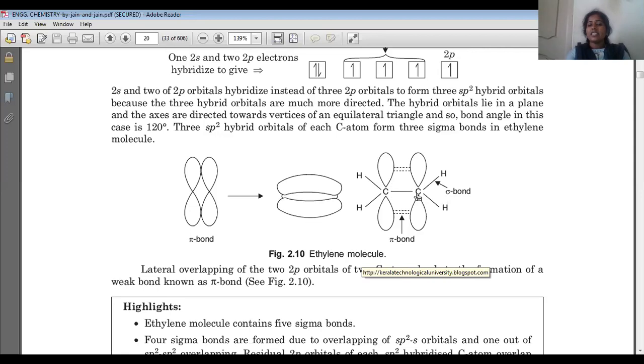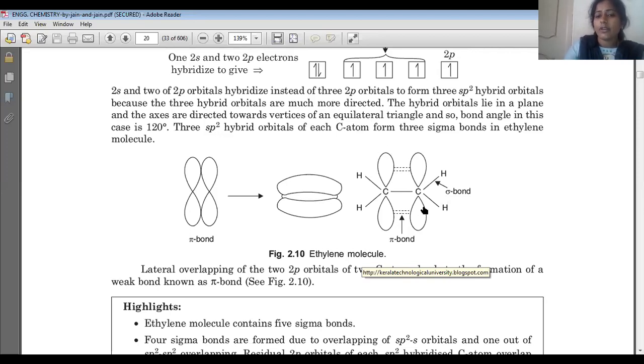In the same way, the second carbon is also involved in this axial overlap with the s orbitals of 2 hydrogens, so again we will get 2 sigma bonds. Apart from these hybridized orbitals, we have one more unhybridized orbital on each carbon atom, that is the 2pz orbital. This 2pz orbital is oriented in this way. Always remember, whatever orbitals are hybridized always lead to generate sigma bonds, whereas whatever orbitals are unhybridized lead to pi bond formation in the molecule.